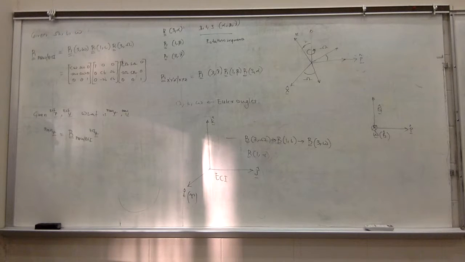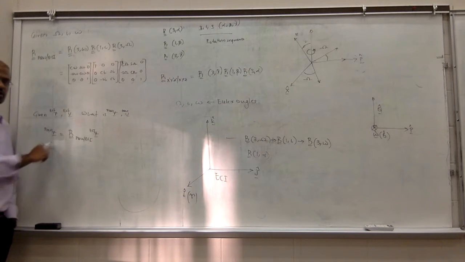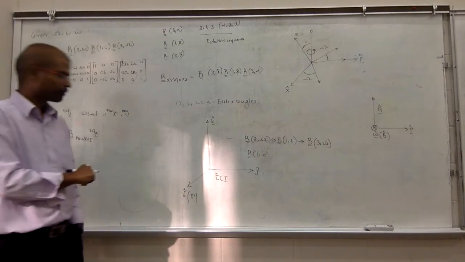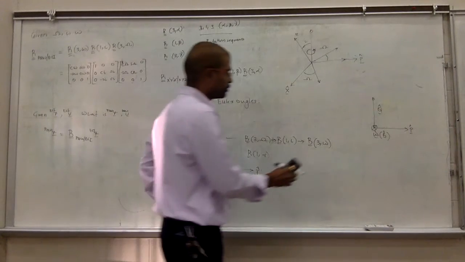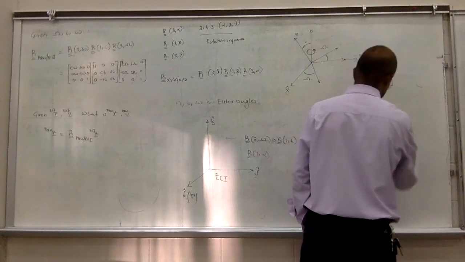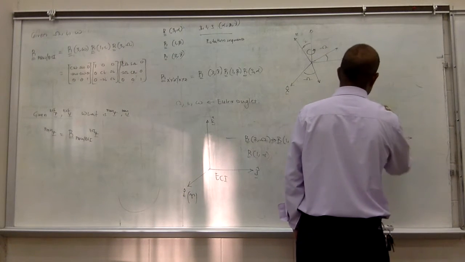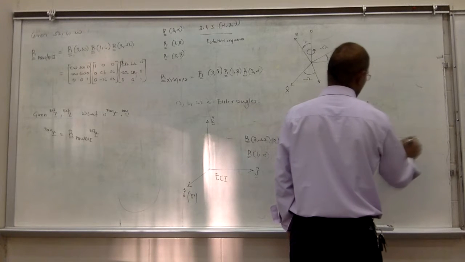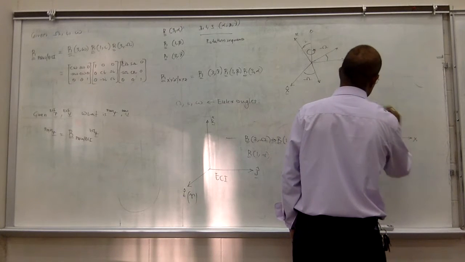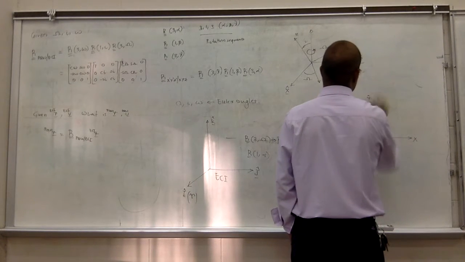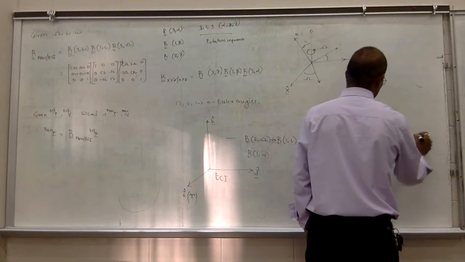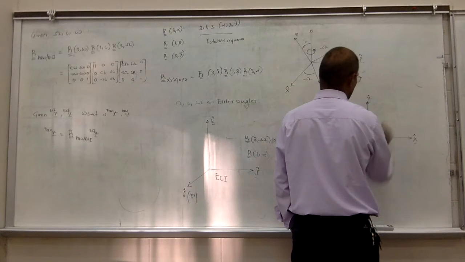Me. I can't look at it. Does this make sense? So let me give you this again. Let's analyze this in just a 2D context. Okay, so this is your x, y frame, and you have some vector, let's say